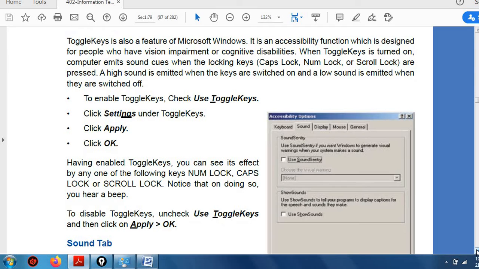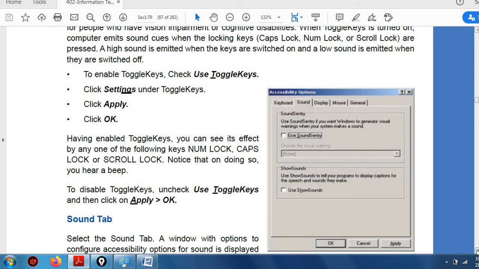so in the keyboard part we have seen three kinds of keys: filter keys, sticky keys and toggle keys. So we should remember the use of all these features. Sticky keys: when we are unable to press two keys together, sticky keys are there for them. Now filter keys are for those who are unable to lift their hand just after pressing the keys, right?